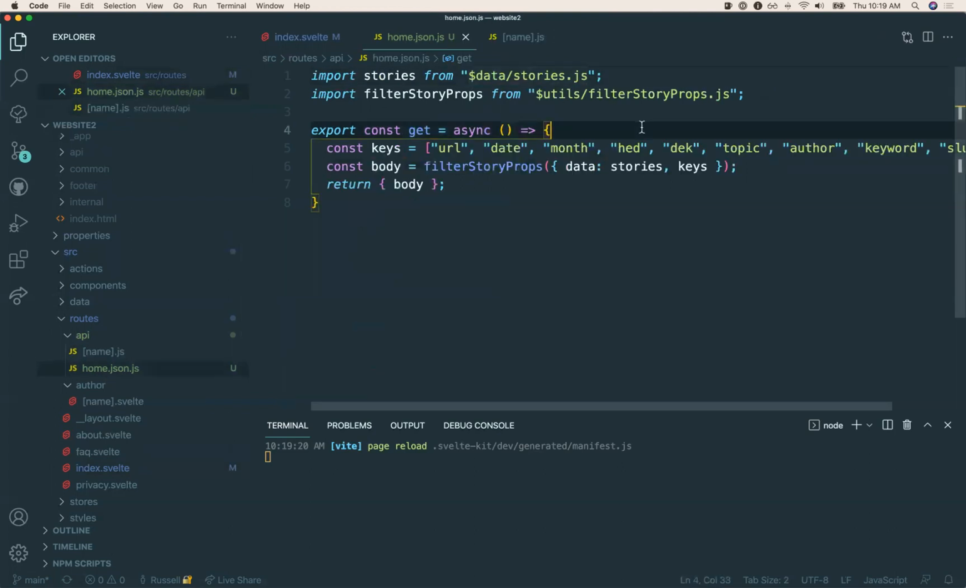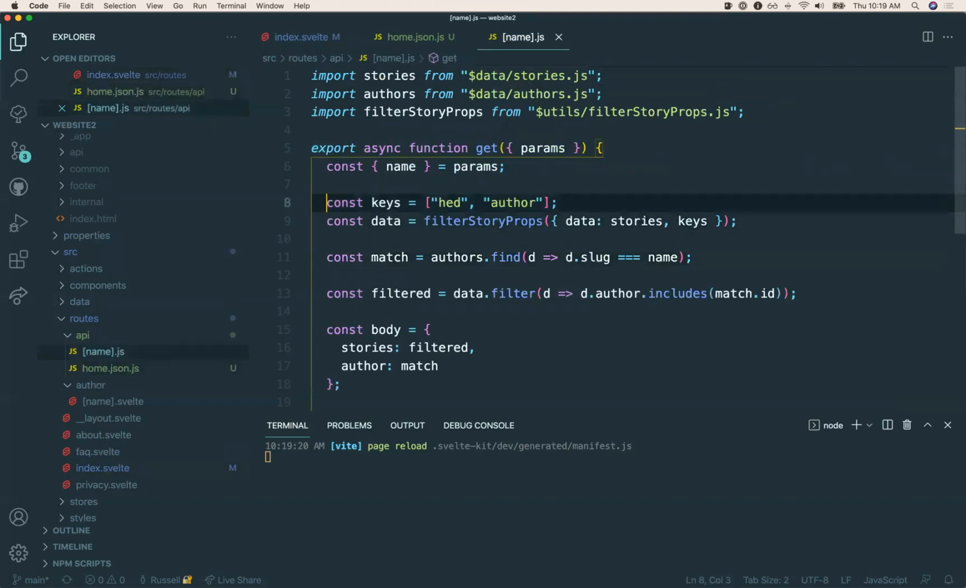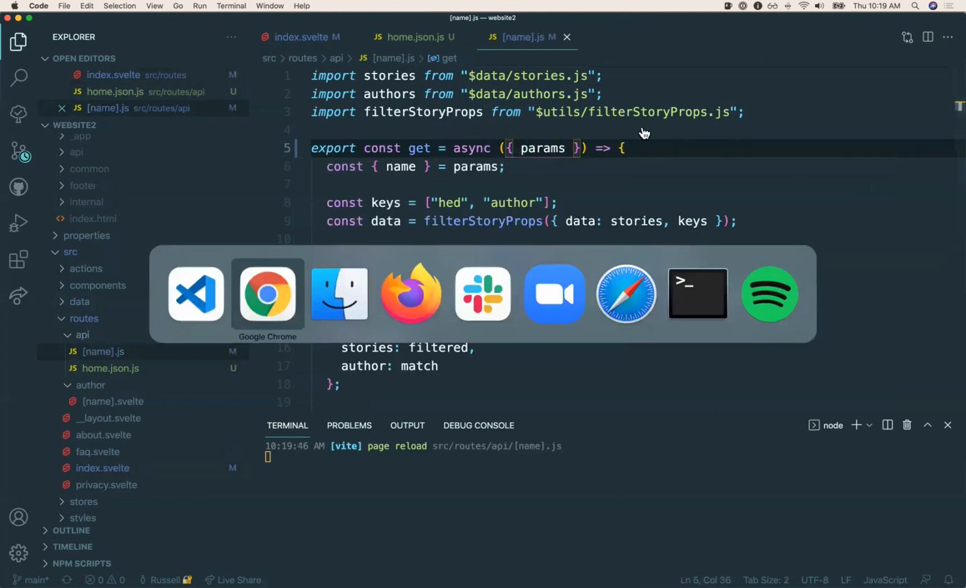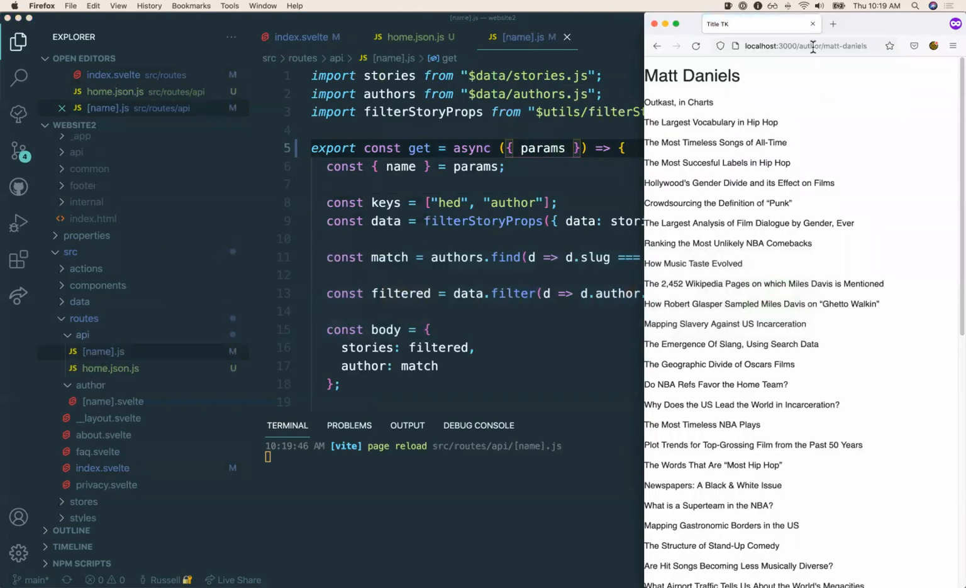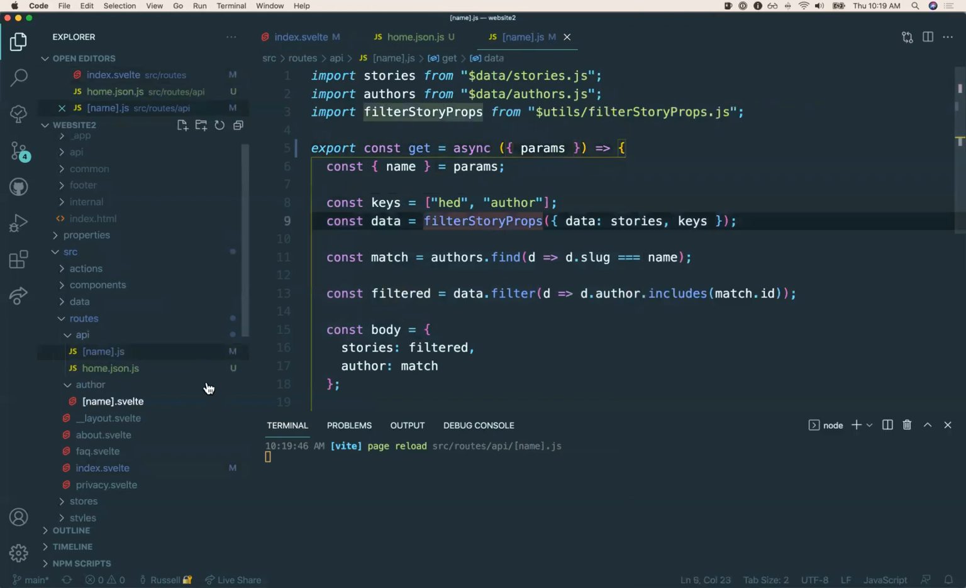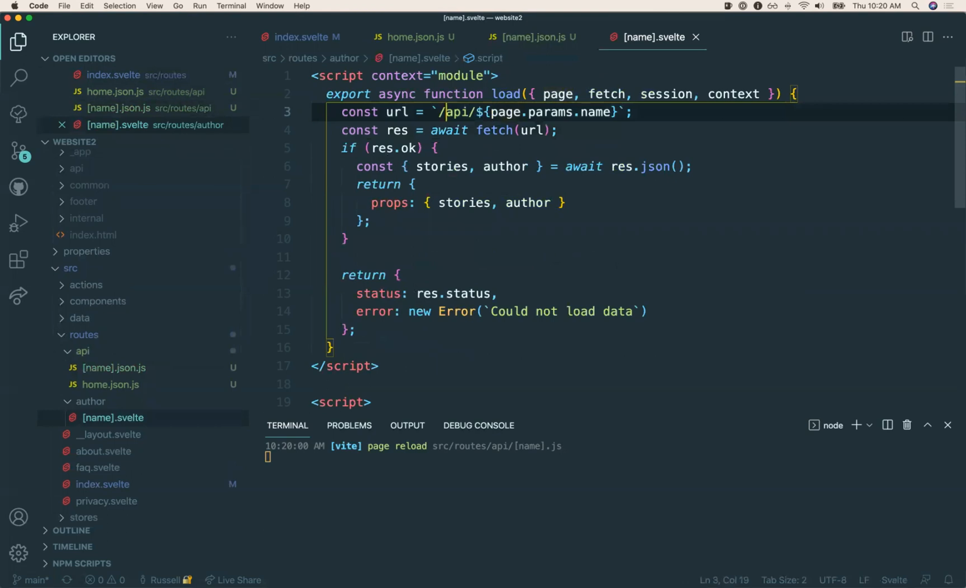Let's also copy that over. It's gonna be funny if this works. Okay, it's totally working. Amazing. So that means I can rename this one also to JSON.js, and then in our name page, we should be able to do